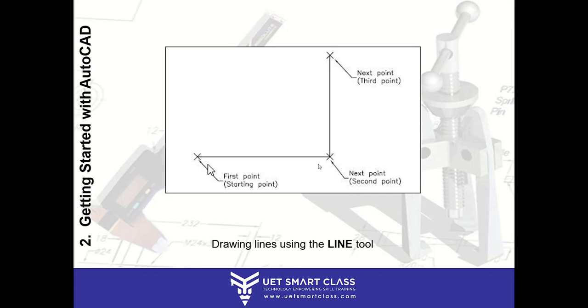That is, F8 is the shortcut. Otherwise, Control plus L or from your status bar. It will draw straight lines. Then take a next point as a second point, and then go to the third point, in the vertical direction. This is X and this is Y. I will show you this in AutoCAD as well.